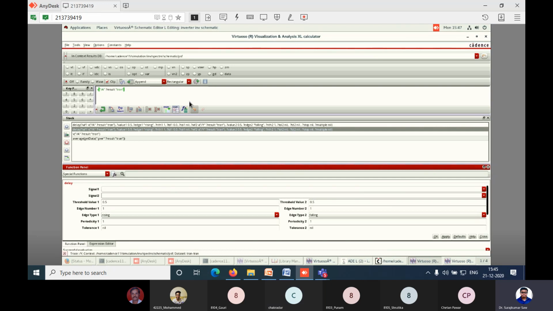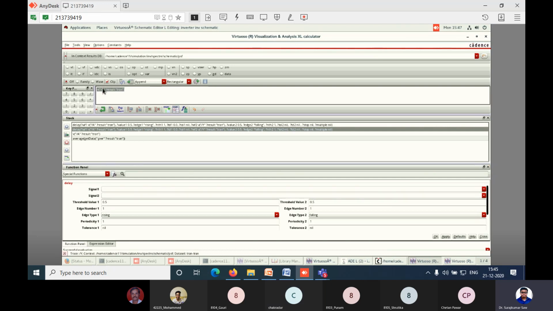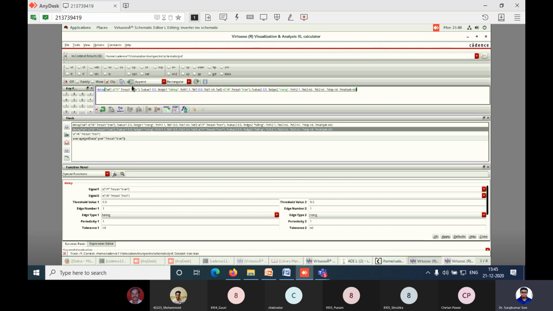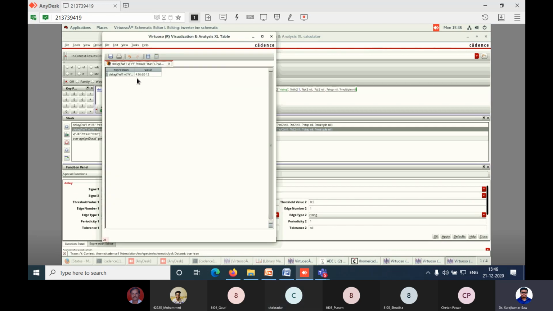You see my screen. Earlier we placed A as signal 1. Now we are placing it as signal 2. Then my delay will show a positive value like that. It will be falling, yeah, falling. It will be rising. It will also get changed. Apply. Now we'll plot. See, the value is 436 in plus. You can see only the sign has been changed, the magnitude is the same. That means the delay is 436 picoseconds.